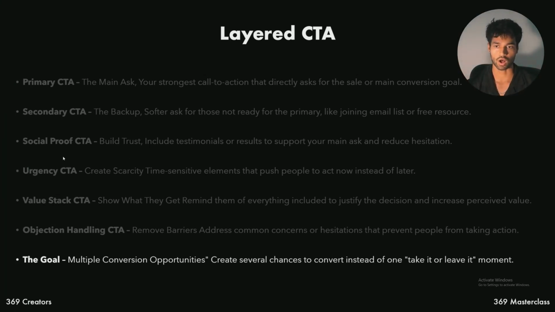So remember to include all of these. Have a primary call to action. Usually that one you want to put towards the end. Have a backup one, and a social proof one, which is subtle. It's really just showing proof, showing testimonials that you transformed other people. That counts as a CTA, and it also builds up authority. And just include all of these, because people just include one, and they wonder why they can't convert. So you want to add layered CTAs. If you add all of these with the right viewers,